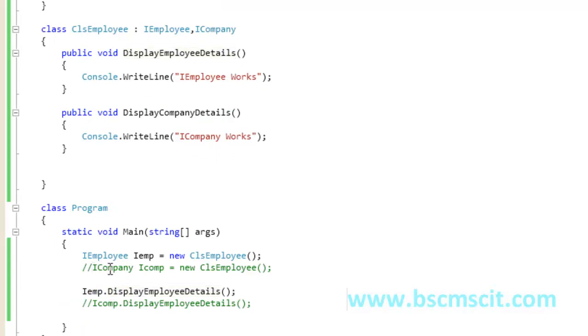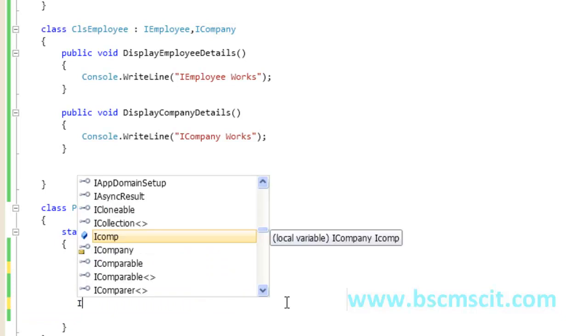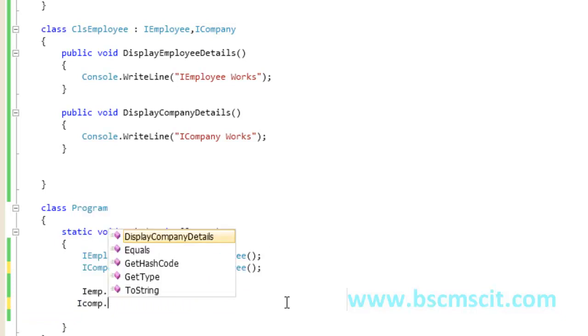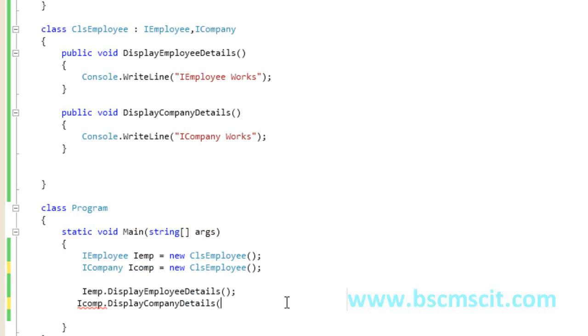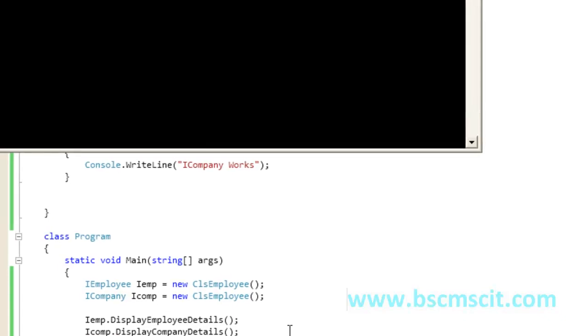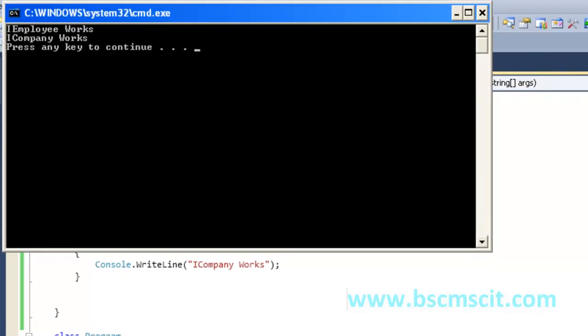Now I can create another object of ICompany, and by using ICompany, see, ICompany dot DisplayCompanyDetails. If I run this program, I got the two different outputs.